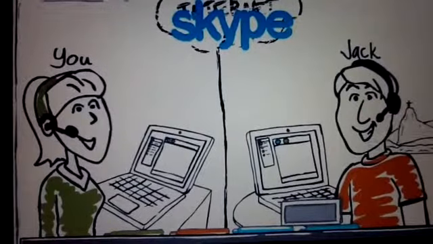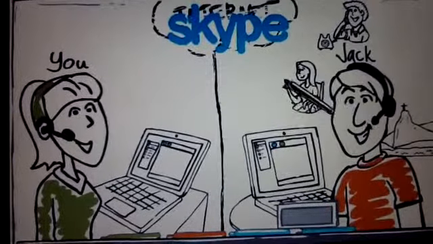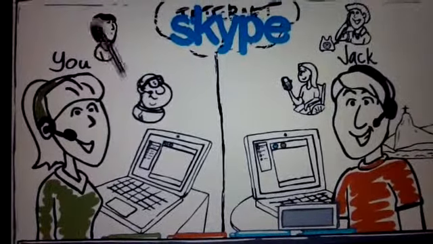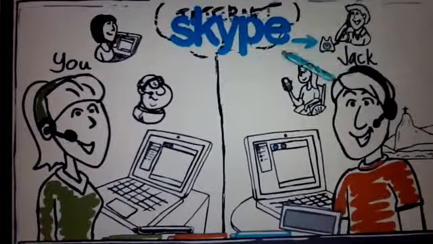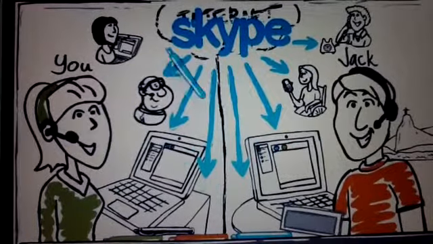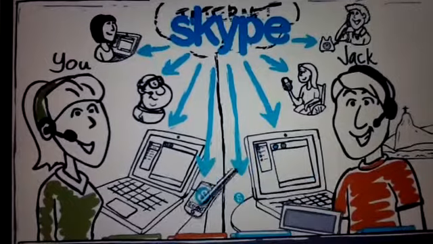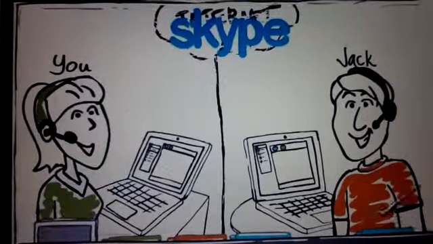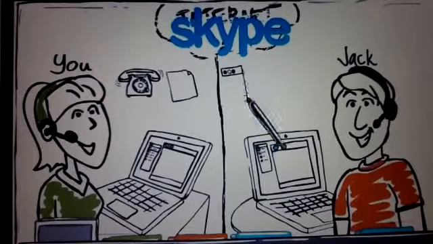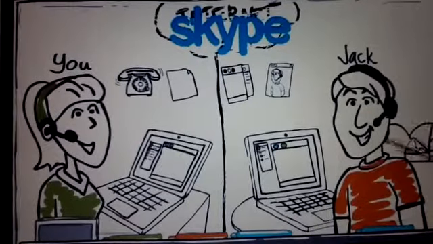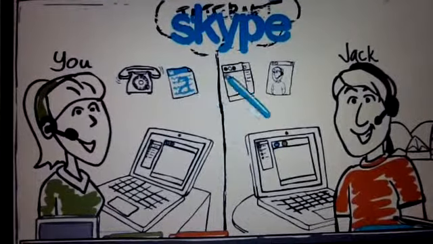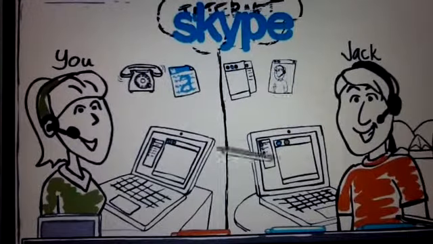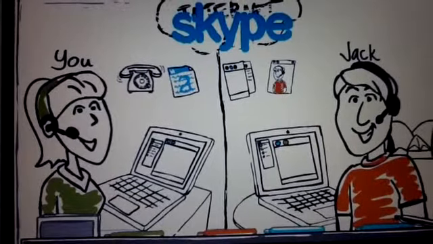And if you and Jack want to have your own worldwide group call, Skype lets you conference call 25 people at once, even a mix of Skype and phone. Skype works on every computer, and most smartphones too. With Skype, the internet becomes your phone and file transfer and chat and video conferencing system for talking and working with people. Your friends and coworkers are now just a click away.